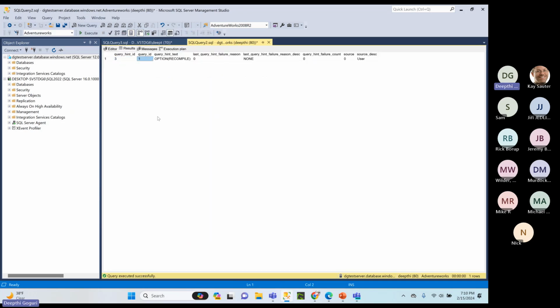So the query ID is 1. And I have updated the query hints this morning a couple of times. That is the reason you are seeing query hint ID 3. But usually when you first add the query hint on that particular stored procedure, it will show as query hint ID 1. And on the query ID 1,